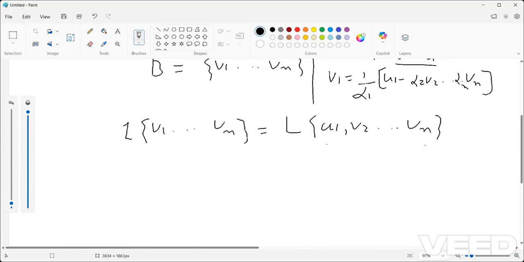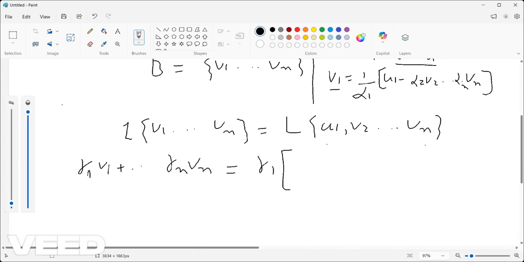If I have any combination of the v's, gamma 1 v1 plus so on, gamma n vn, since v1 can be expressed in this form, I can write this as gamma 1 times 1 over alpha 1 u1,